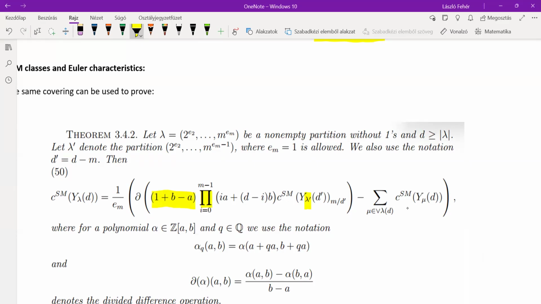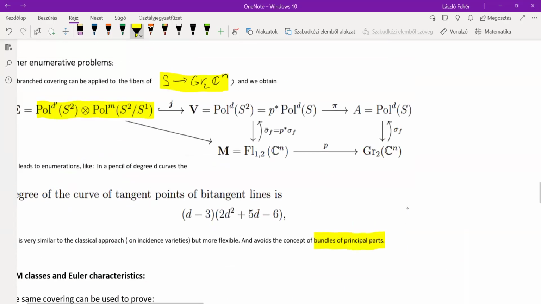But you have a bunch of other terms. And this is what we expect when we work with CSM classes. We have to take it seriously whether we work with a closed variety or just the stratum itself. And as almost always for the CSM classes, you have to take care of the more complicated strata. In this case, the point is that if I go back to this covering,